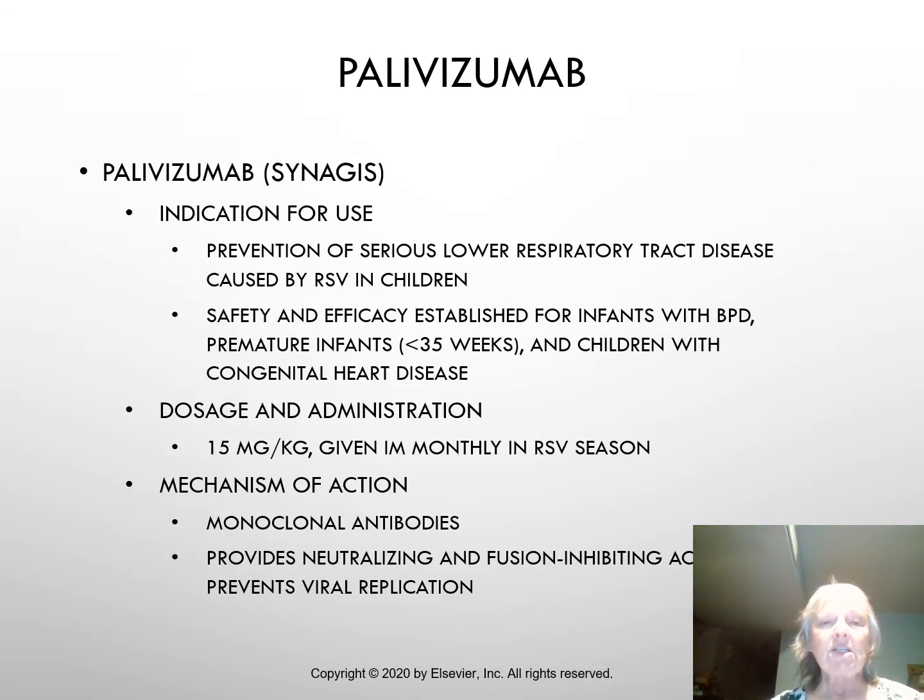So this is Synagis. The indication for use is prevention of serious lower respiratory tract disease caused by the RSV in children. Safety and efficacy established for infants with BPD, which is bronchopulmonary dysplasia. This basically is what we see sometimes with our babies that are put on ventilators. It does a lot of damage to their lungs. Also premature infants, less than 35 weeks, and children with congenital heart disease. This one is 15 milligrams per kilo,